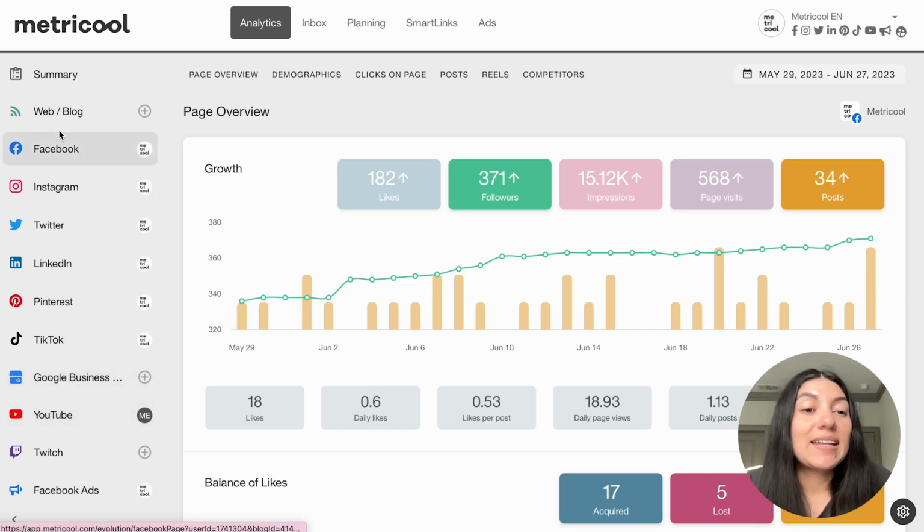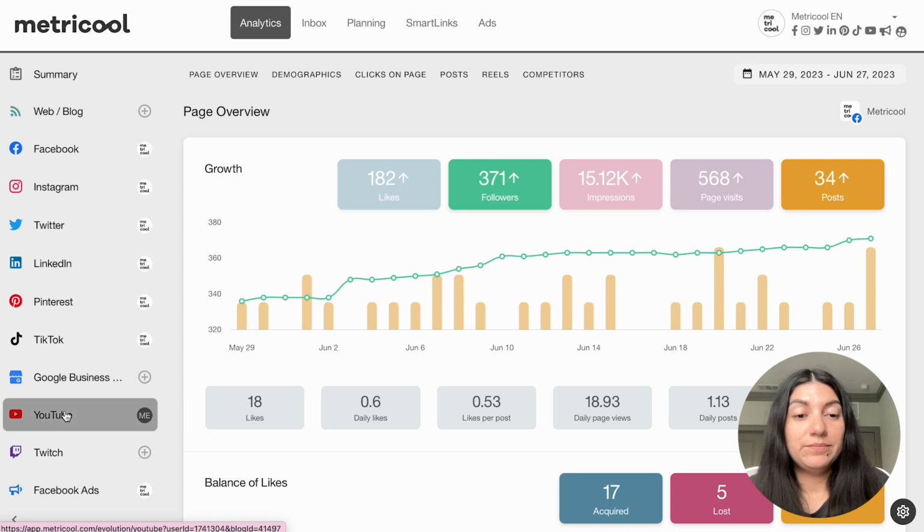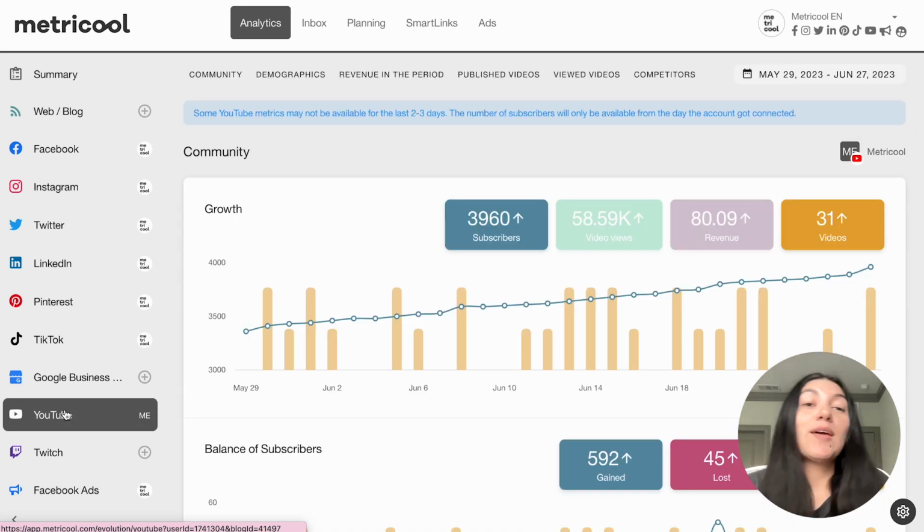So moving on into analytics, on the left hand side, you're going to want to go to the YouTube section. Click into YouTube, and we are now in the analytics specifically for YouTube. On the top, you'll see that there are different sections that you can click into, as well as the time frame that you can choose. I am going to actually just go top to bottom and explain everything, but before I do that,